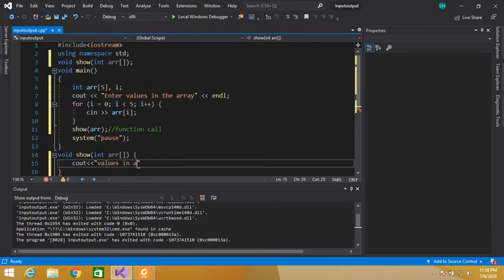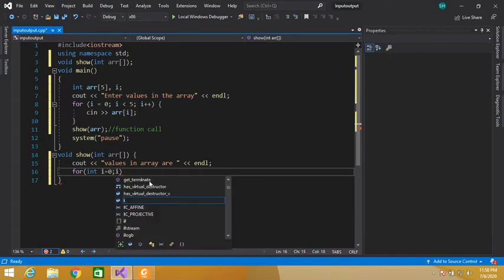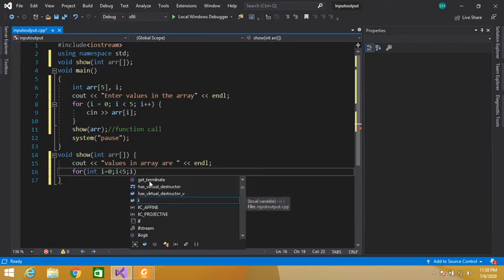Values in array are. Here we will display the values: for int i is equal to 0; i is less than 5, since we have 5 elements; and i plus plus.